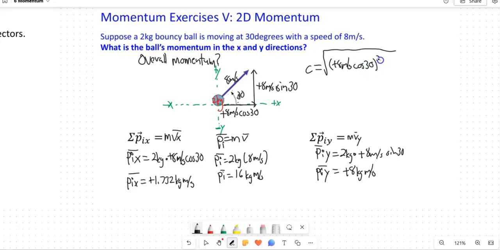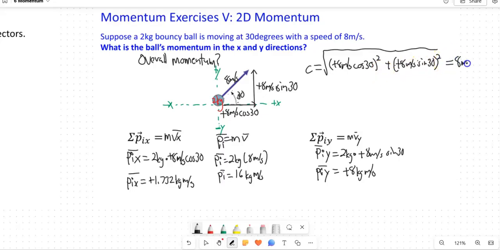So this is what to do if they asked for the overall velocity and they gave you the x and y components. You would just take those x and y components and take the squares of those to calculate the overall,